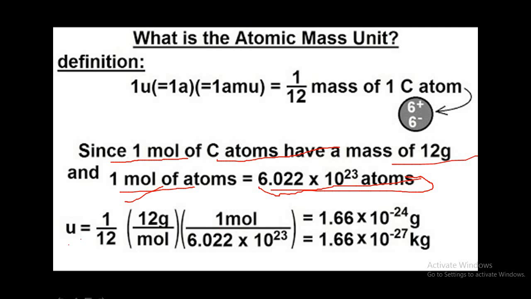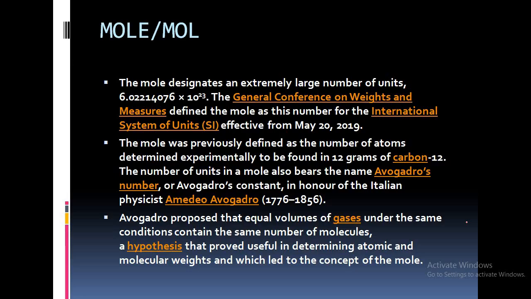It is the number of particles, or the electrons or the atoms. So 1 atomic mass unit is 1/12 of 12 gram per mole into 1 mole by 6.022 into 10 to the power 23, which after calculation comes to 1.66 into 10 to the power minus 24 gram, and in kg it will be 10 to the power minus 27 kg, because 1 kg equals 1000 gram. So you must not confuse. Clear? Now let's know what is mole.